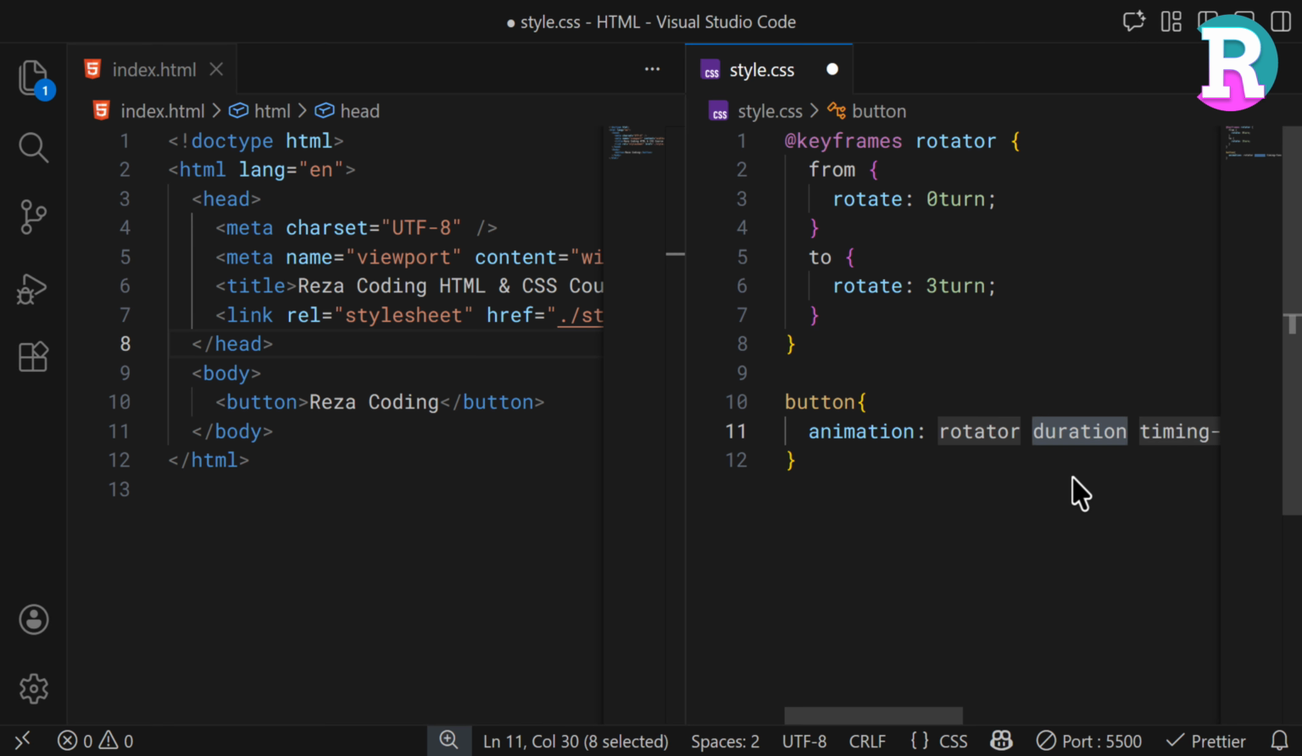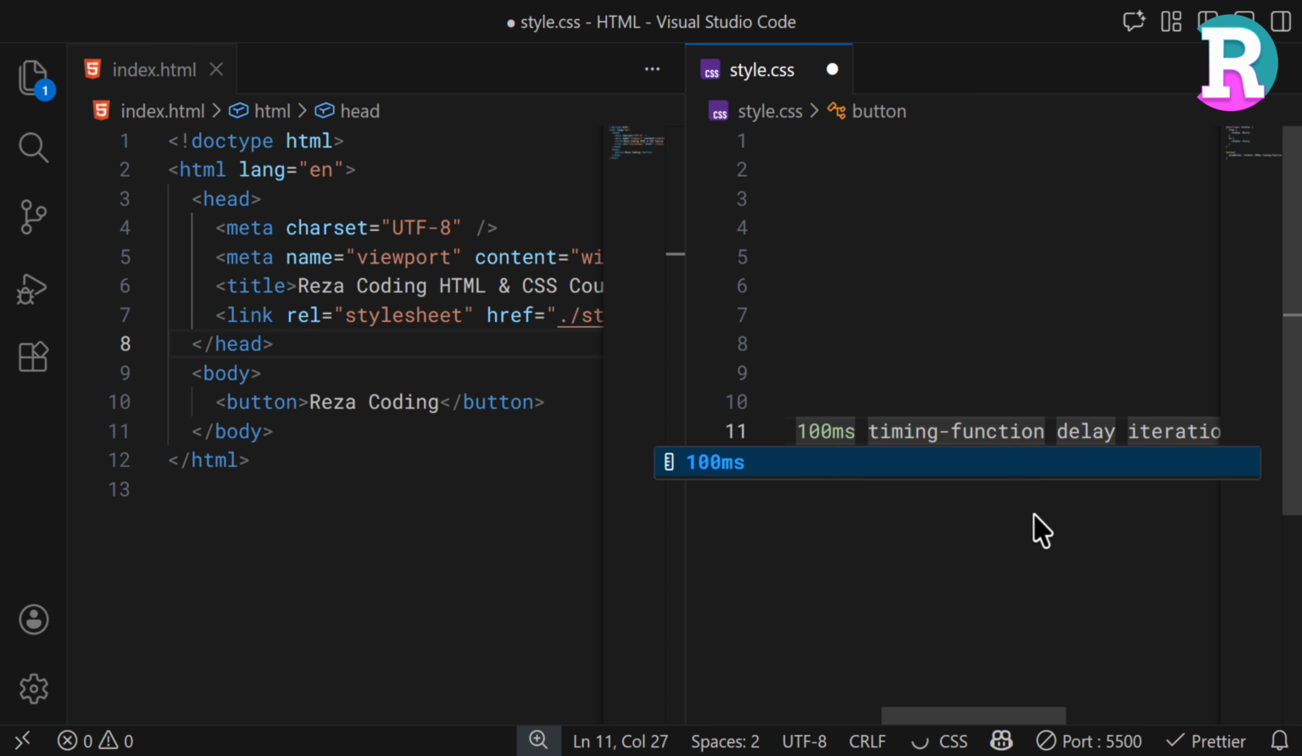It says the duration. So for duration, I'm going to say 100 milliseconds. Then we have timing function. Hit tab, jumps to the timing function, and I'm going to say linear. So you can see it also provides us this nice IntelliSense. Hit another tab, delay, let's set it to 0 seconds. Hit tab again,